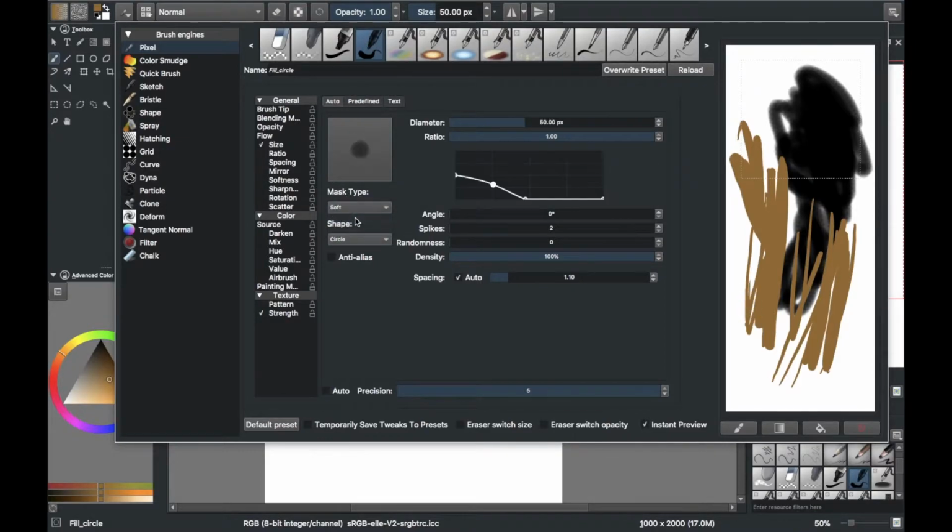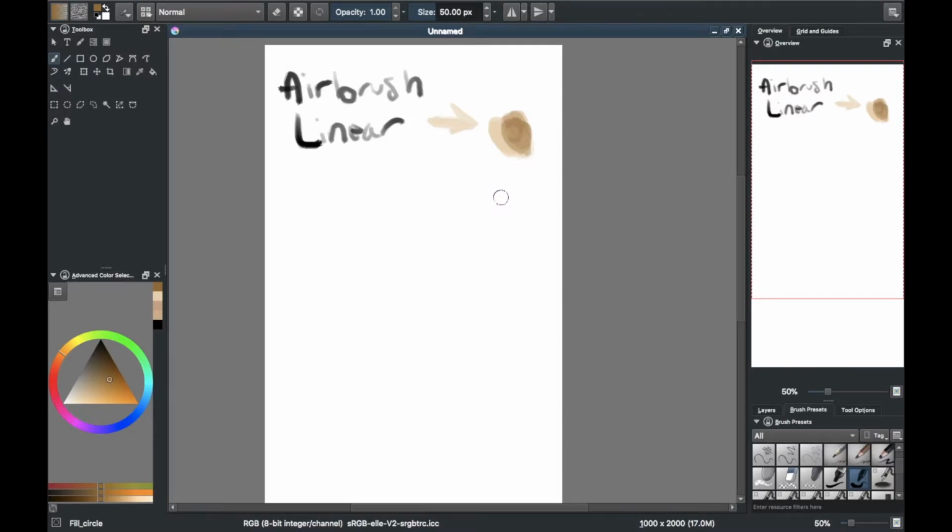So when you do skin or something, if you use color picker and you pick a color and you put it somewhere, then you put another color,